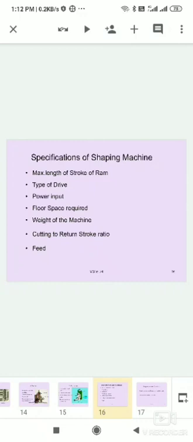In the shaper, the driving mechanism is also very important. These are the types of quick return mechanisms. First is the crank and slotted lever mechanism, the Whitworth quick return mechanism, and the hydraulic mechanism.